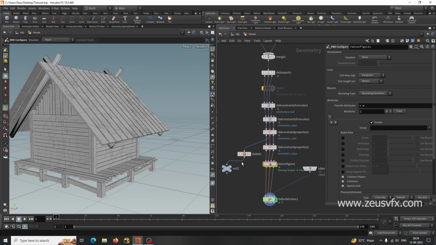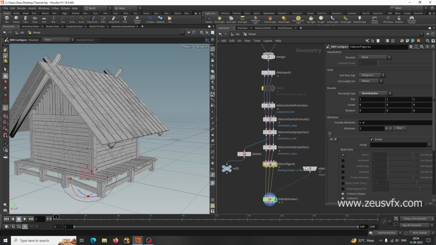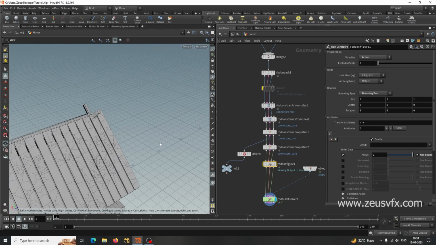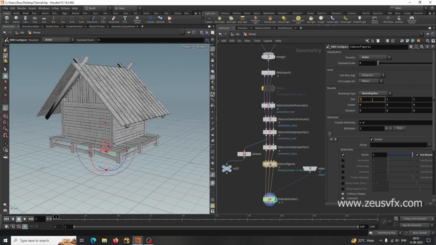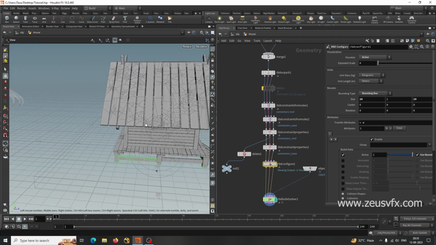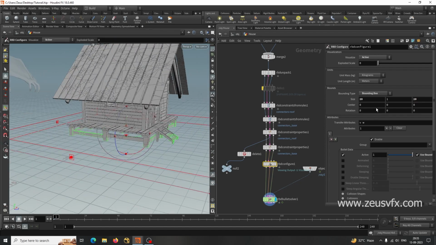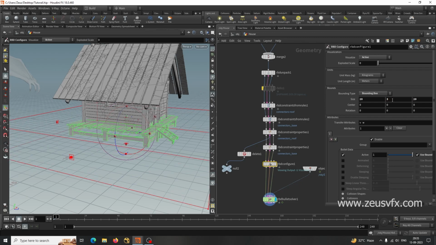Okay, and we need to use this bounding box for our active region. Use bounding, use active. Let's go for 20 by 20, and we just need to increase its height. So 2, maybe 3,